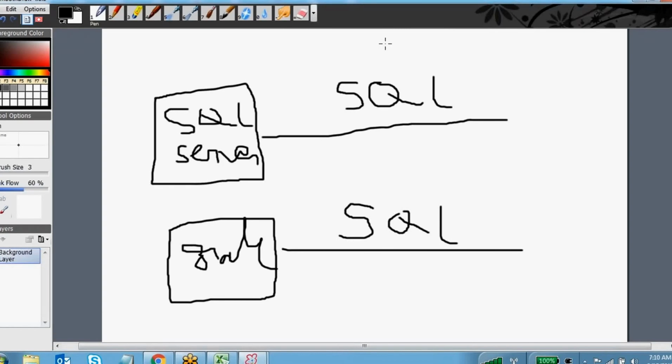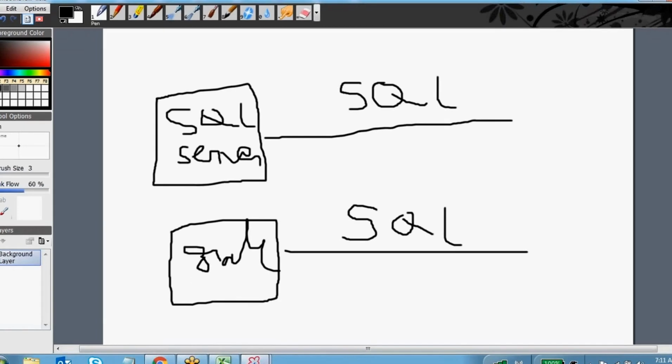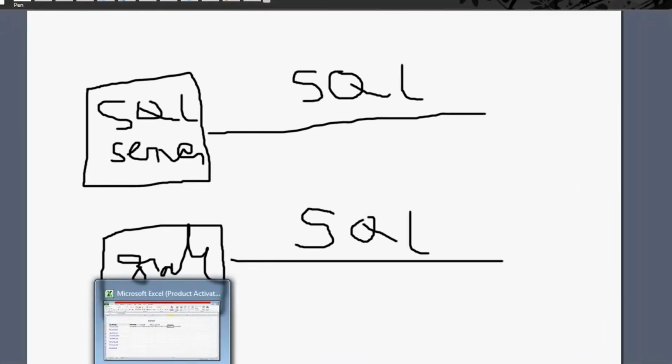Coming to the SQL Server product, it was introduced by Microsoft Corporation. How many versions have they released, and how many editions do they have? Simple: what is a version and what is an edition?